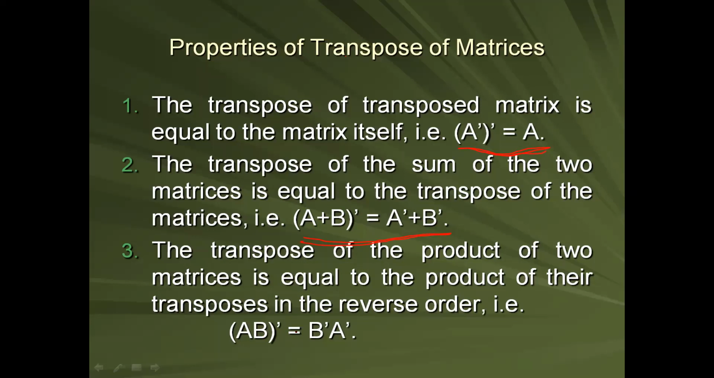The last property is (AB) transpose is equal to B transpose into A transpose. Okay, now my question is, can I also write B transpose into A transpose